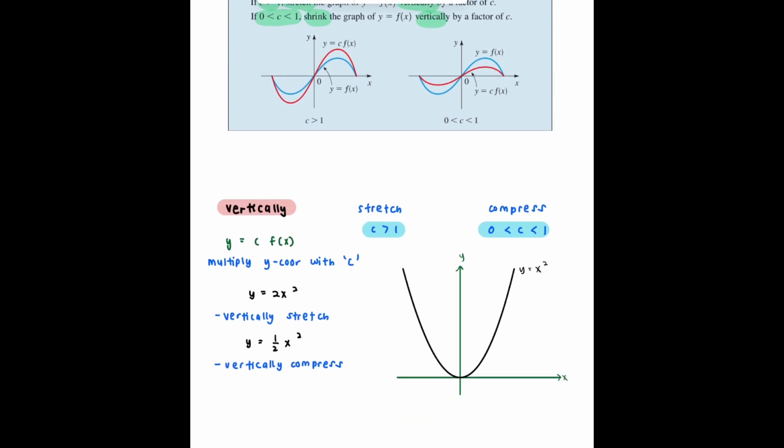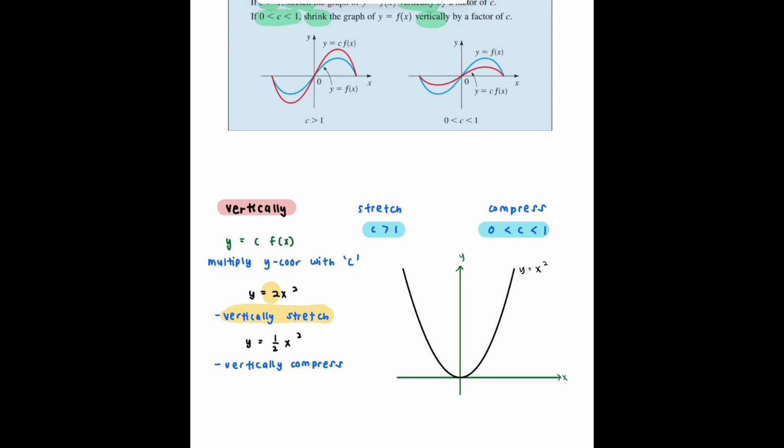Okay, look at this example using the quadratic shape. If you have vertical stretch or compress, if your C is more than 1, vertical stretch. If your C is in between 0 and 1, vertical compress. Okay, example, y equal to 2x squared. So the constant 2 here is outside the function. Okay, constant 2 is outside the function. So your graph will be vertically